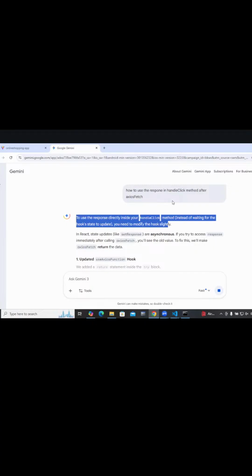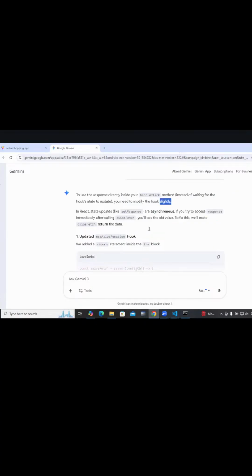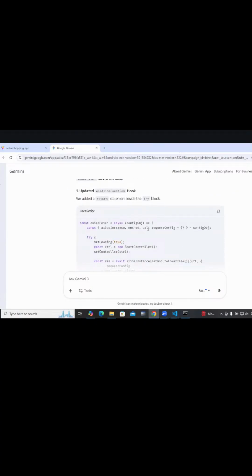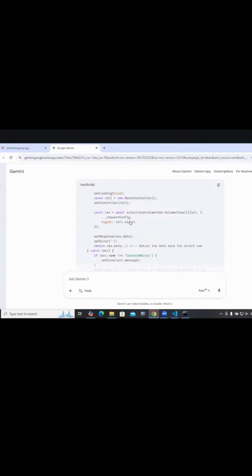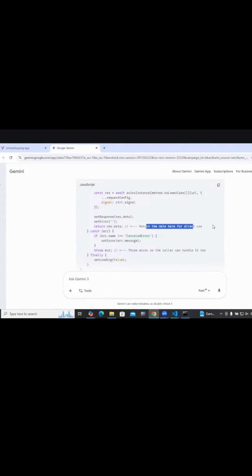You need to modify the hook slightly. What was that? So request config is so and so. You say return response dot data.